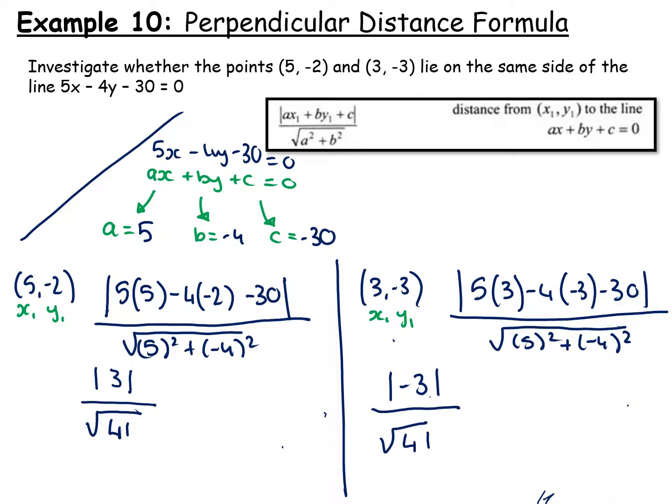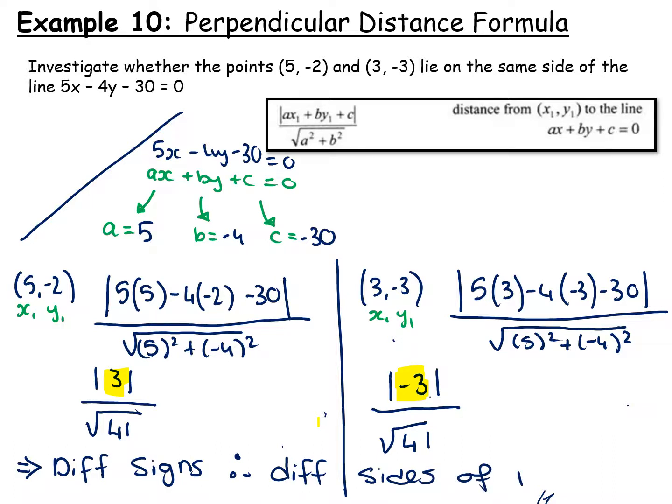Now our focus is going to be on the signs inside our absolute value. So this here is a 3. Sorry, my highlighter's not working. Oh, it's just a bit slow. And this one here is a negative 3. So what we would say is, since they're different signs, they're going to lie on different sides of the line. Okay, so different signs, therefore different sides